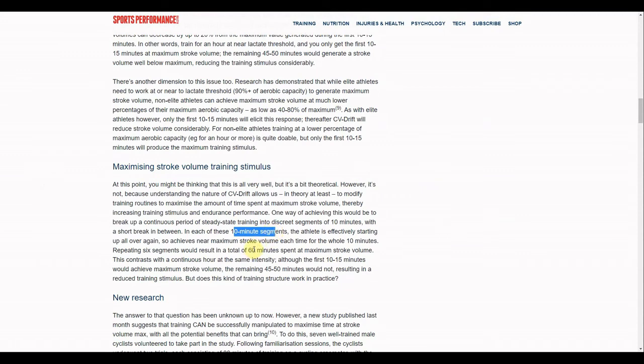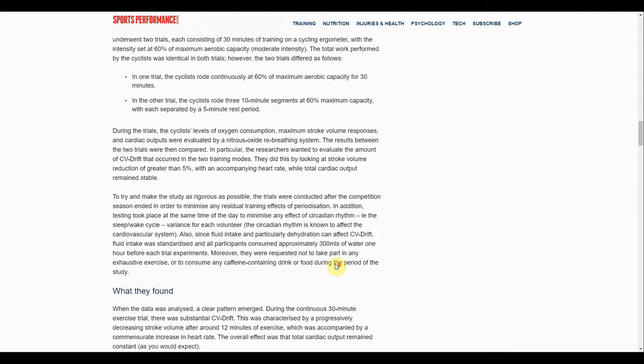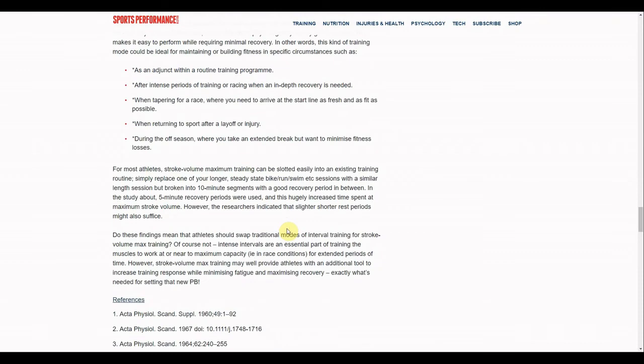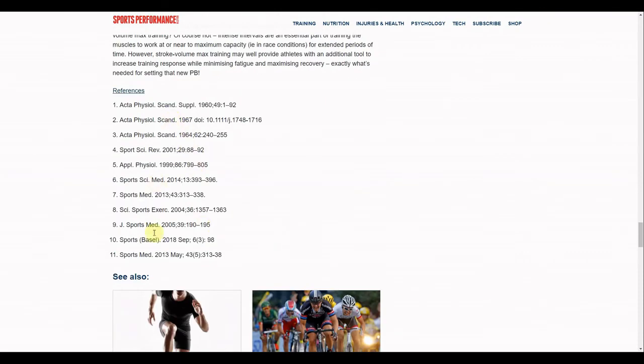So he's advocating that at least you will keep the maximum stroke volume, and in this article they are saying that if you're training once your stroke volume is maximal, then it somehow makes you fitter quicker. So that's an interesting idea. I don't see much research really proving it. There are some links, but